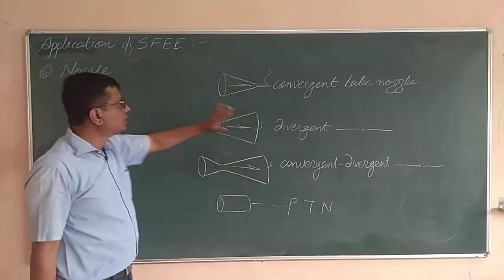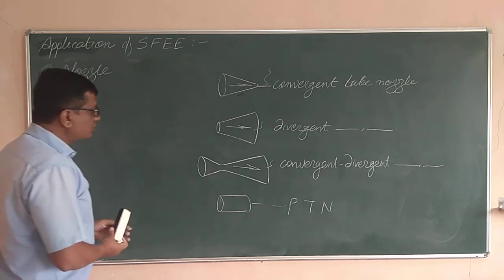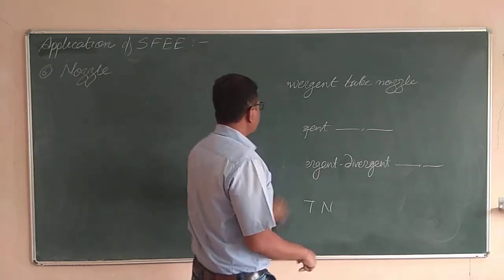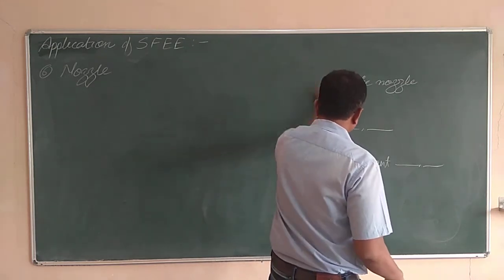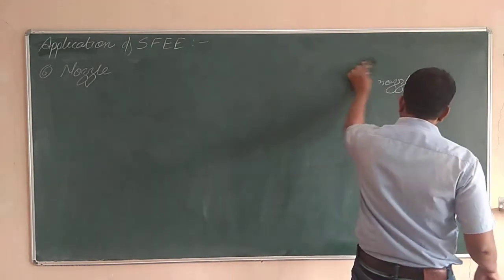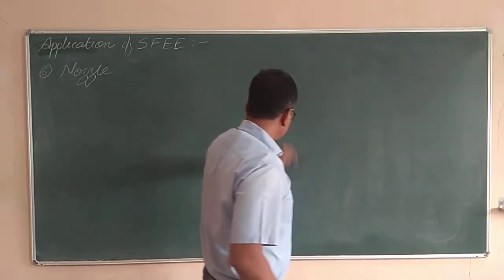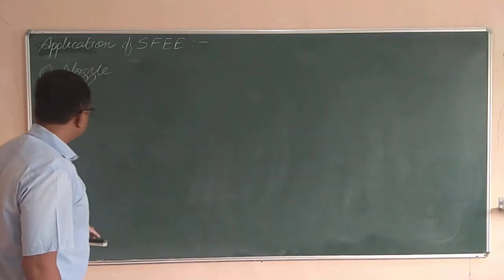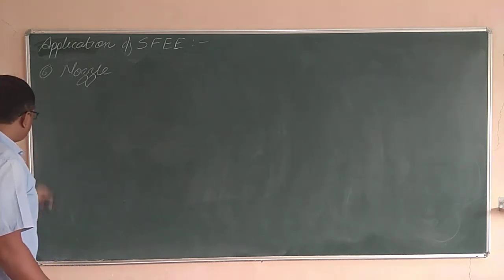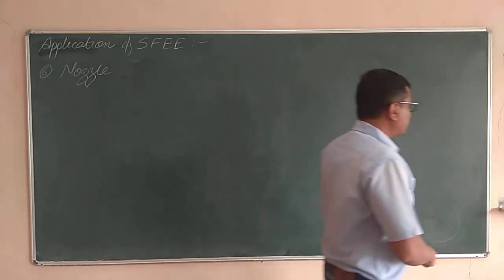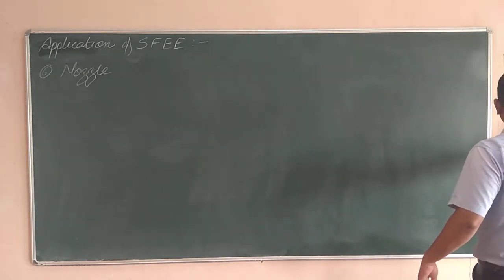Anyway, this is all about the nozzle used in case of steam turbine or say the gas turbine. The types of nozzles and the details of that you may see in case of the compressible fluids. How does the compressible fluid behave while it is flowing through the nozzle, and that too for all the types of nozzles, that is the convergent tube, divergent tube, and the convergent divergent tube nozzle.